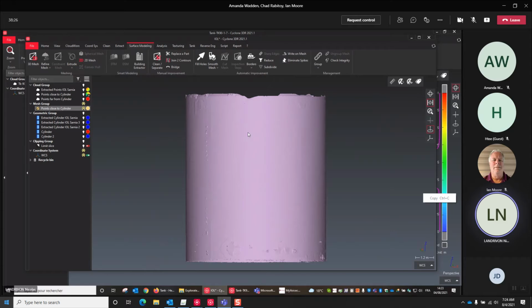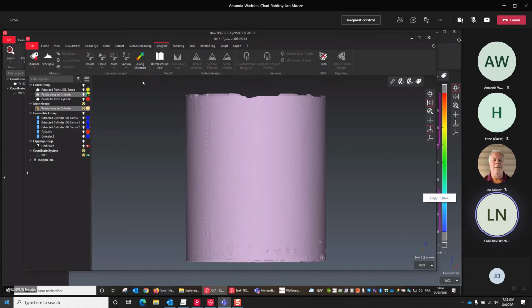So to do that, you select the mesh, and it's not necessary to display the cloud. I think this is this one, yes. With the control key, you select the point close to the cylinder. If you have saved the file, I hope, and the steps that you did during the last session. And if you go to analysis, you're going to check a cloud versus a mesh.